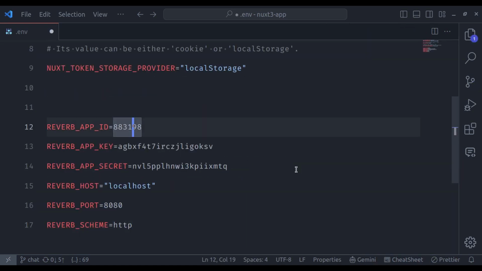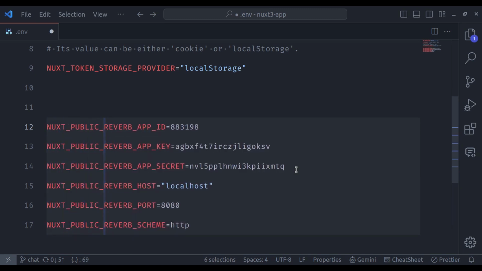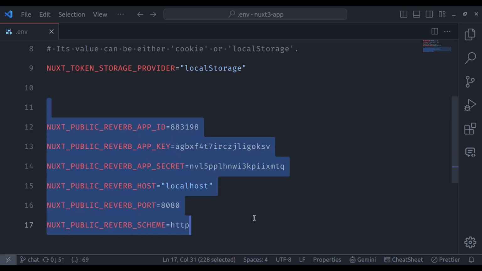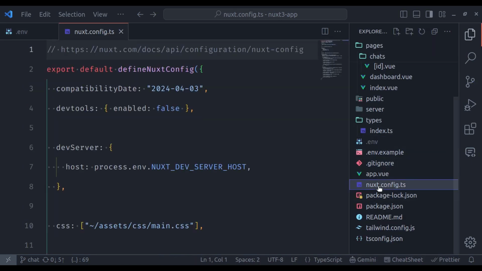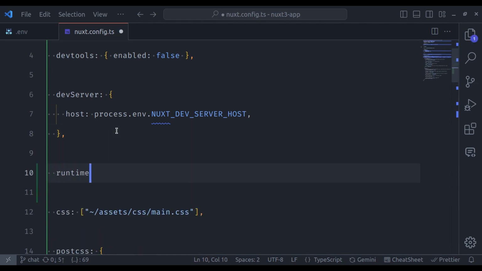I will also rename them with the NUXT_PUBLIC prefix so they can be accessible to the front end. So here I will say NUXT_PUBLIC. Next, let's update this in the nuxt.config.ts. So let's open the nuxt.config.ts. Here I will add the runtimeConfig option,